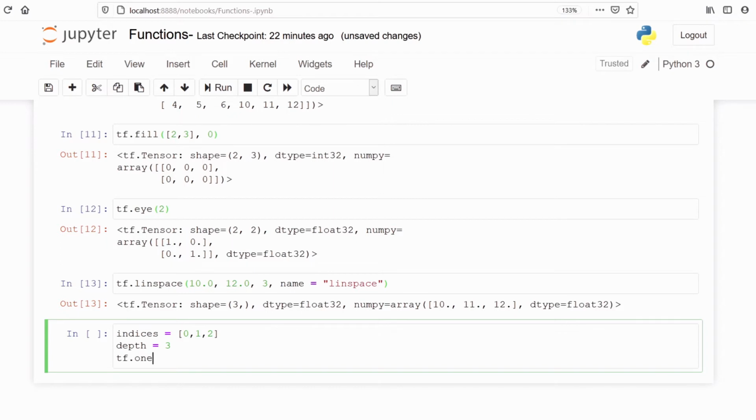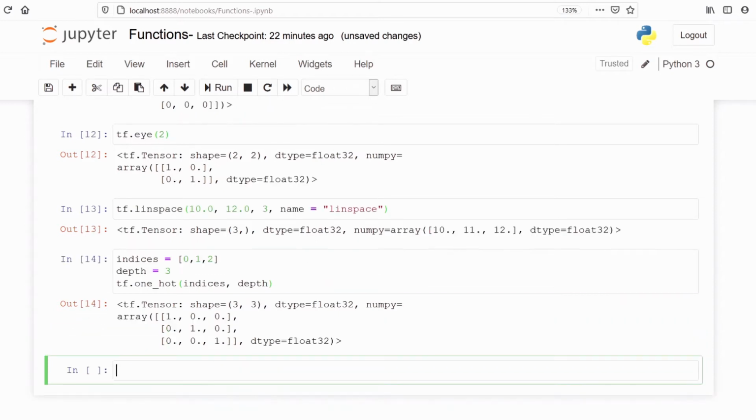Now we will use the method tf.one_hot. We will pass our variable indices and also our variable depth. This will output a 3 by 3 matrix. Let's check that. We got a matrix of 3 rows and 3 columns.